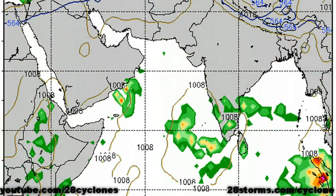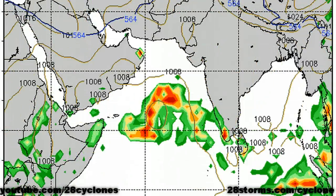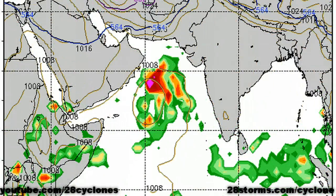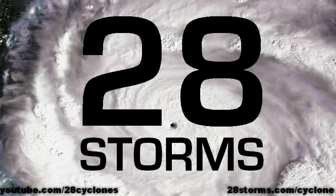Now, one interesting feature of note is that the GFS is trying to keep the Arabian Sea above average in terms of activity throughout the forecast period. Notice that little low off the southern end of India, and it's forecast to move in a general west-northwest direction. And this model is hinting at the possibility of a second tropical cyclone formation just off the coast of Yemen as we go into days 5 through 7, but this is the only model doing so at this time. So overall, the tropics are quiet for now, but please keep it tuned to